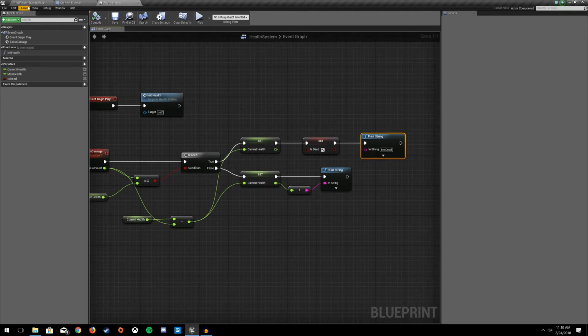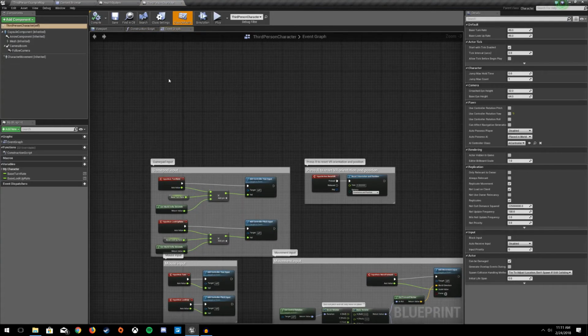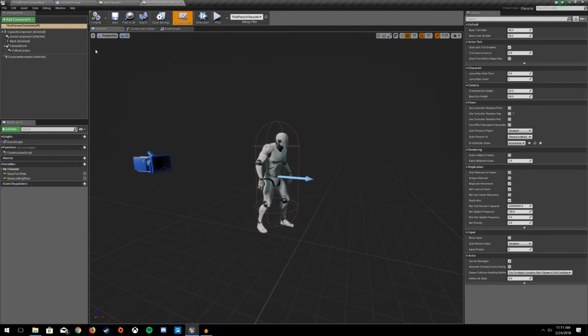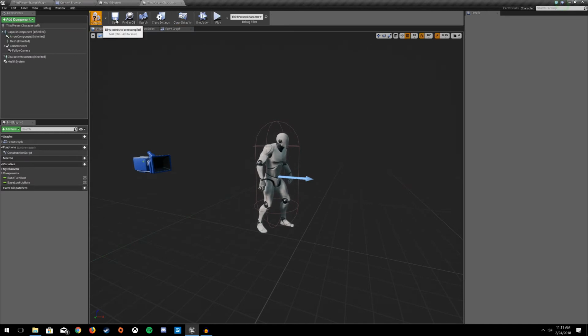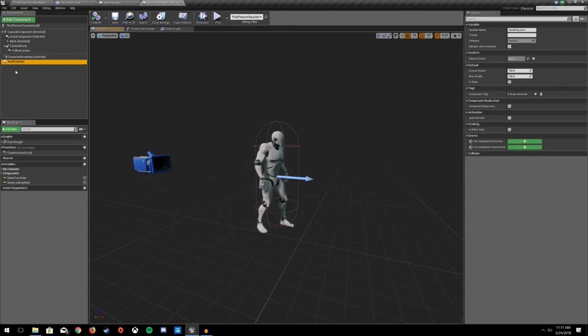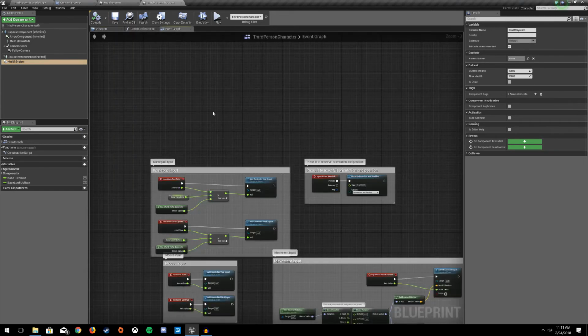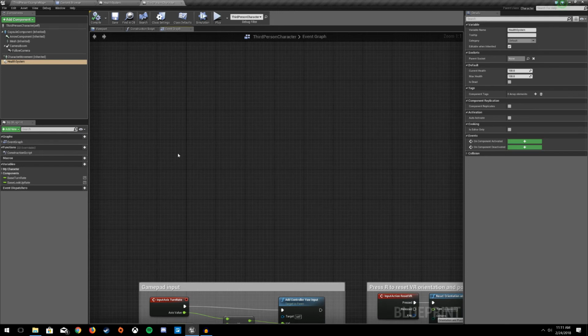Okay, and then let's go to the character, third person character. Now if I go to the viewport, we've got a character here, and let's add health system. Compile, save. Here's our health system. And over here on the right side, we have the default tab, because we haven't set up any categories yet. We have current health, max health, and isDead. That's great. Let's go to the event graph, and let's start setting up how we actually receive the built-in damage